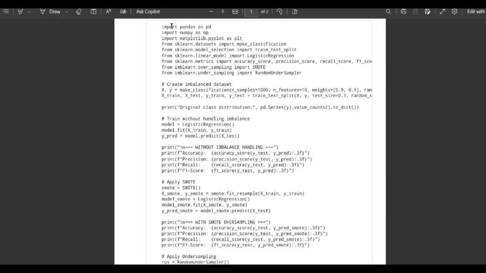From imblearn.over_sampling import SMOTE. SMOTE, the Synthetic Minority Oversampling Technique, is used to oversample minority classes. From imblearn.under_sampling import RandomUnderSampler, to reduce the majority class. And next,